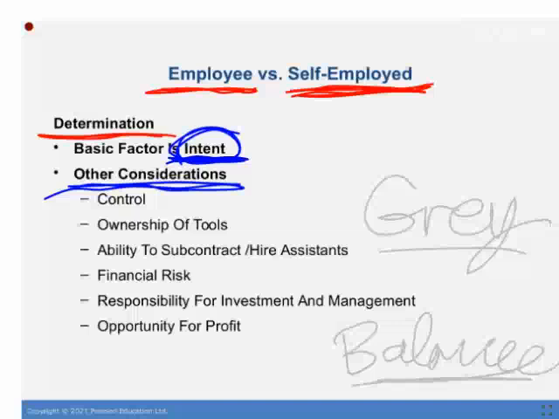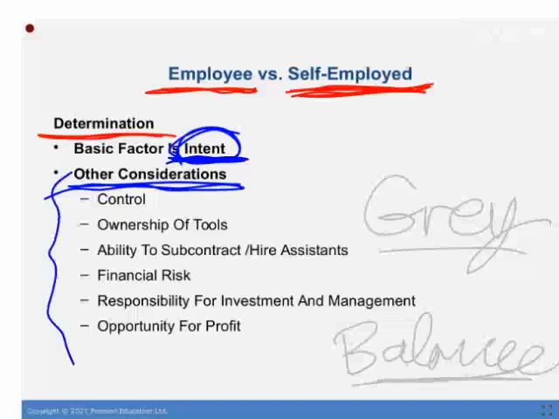So something like an employment contract or a contract for self-employment. Now, if we get into the slide here, it talks about the other considerations. So basically what this means is if we have a breakdown in the agreement between the two parties, which is often what sparks this issue. So if we have a breakdown in that, meaning the